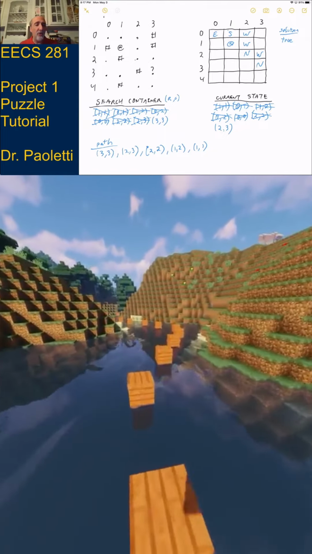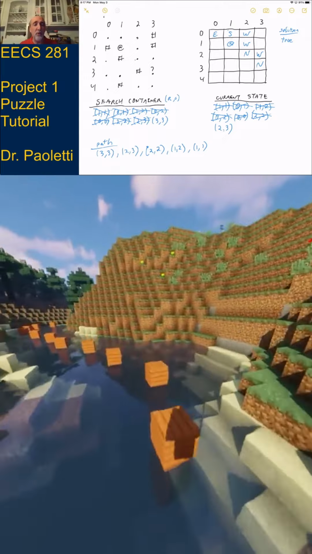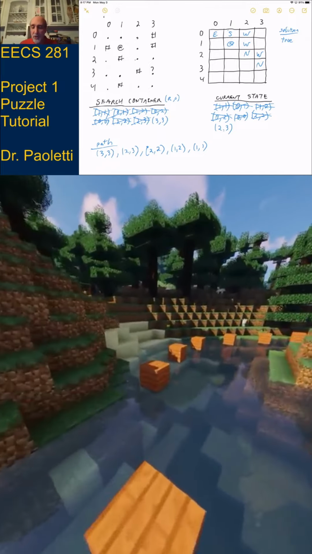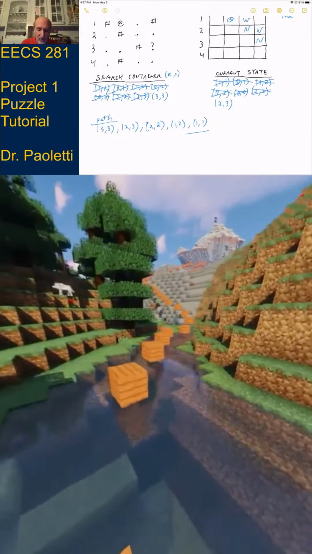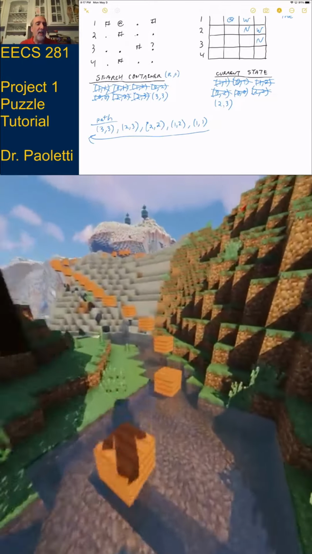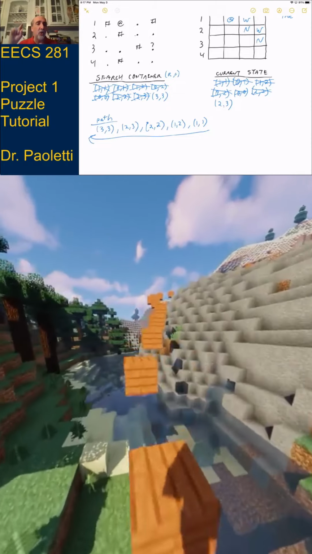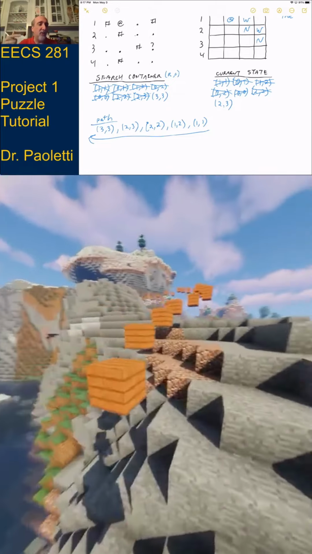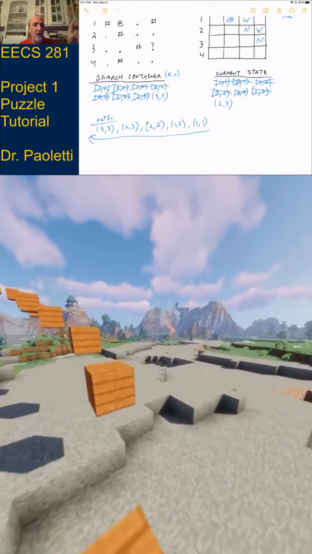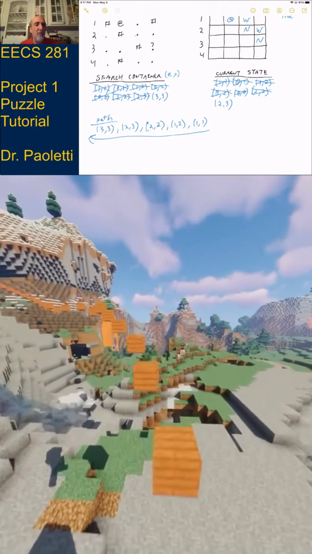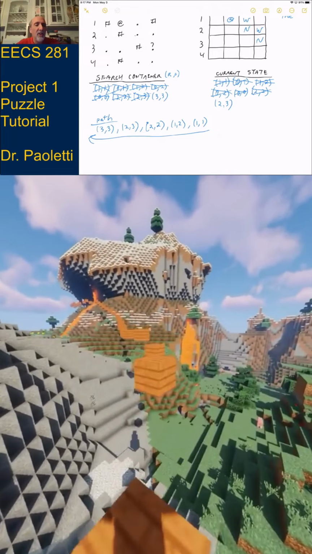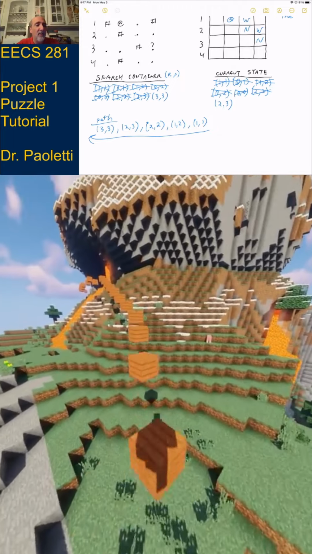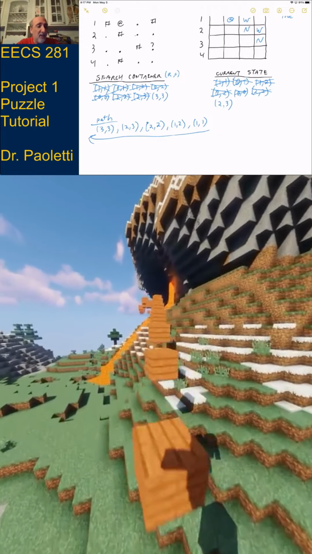If I wanted to print list output mode, here's a hint, list output mode is easier. All I have to do is go backwards through my path. If this is something like a stack, I could look at the top, print some stuff and pop it. If it was a vector, I could look at the back of the vector, print some stuff and pop it out. Either way, list output mode is pretty easy. Map output mode is a bit harder.